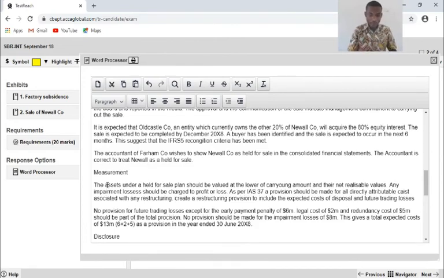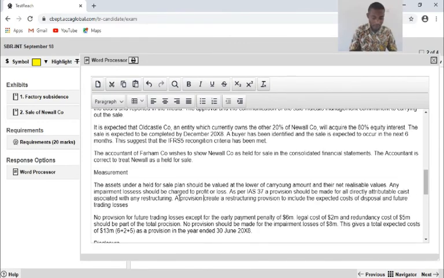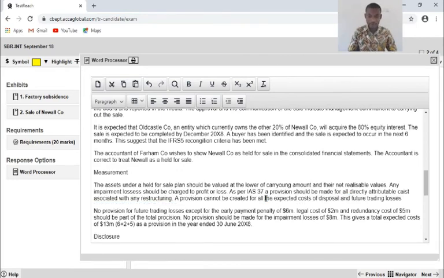Now, what we have said is that a provision cannot be created, so I just want to flag, it cannot be created for all the expected cost of disposal and future trading losses.